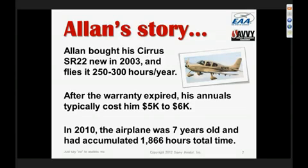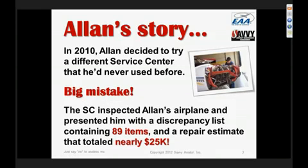At any rate, in 2010, when he'd had the airplane for 7 years, he'd accumulated about 1,866 hours on it. And then he did something that he wound up regretting. He decided to try a different service center than the one he had been using since he bought the airplane. As it happens, he didn't do a lot of due diligence on this new service center, but he dropped the airplane off for its annual inspection and then proceeded to get on a 747 and fly to India on a